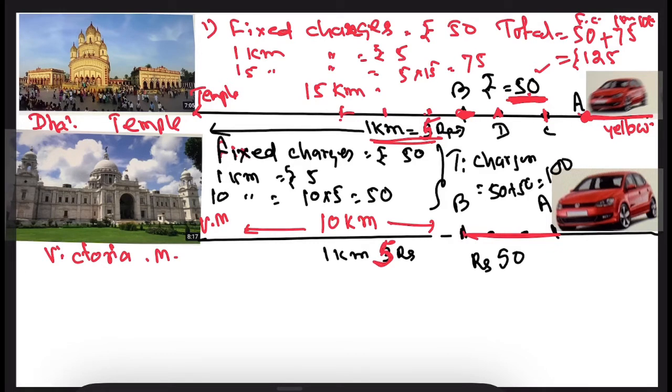Got it? You got it? 100. Now you know the fixed price is 50, and per kilometer 5 we know. Suppose we don't know. First from here to visit, how much he is charging? 125 along with fixed charge